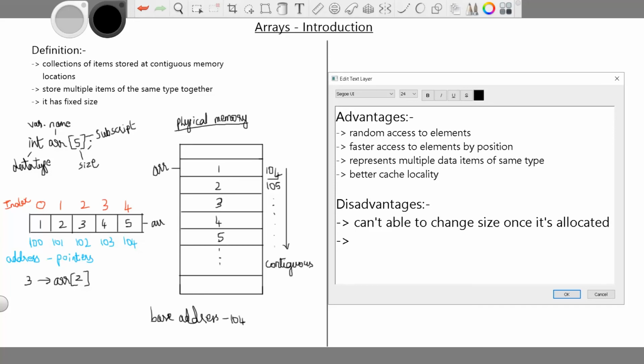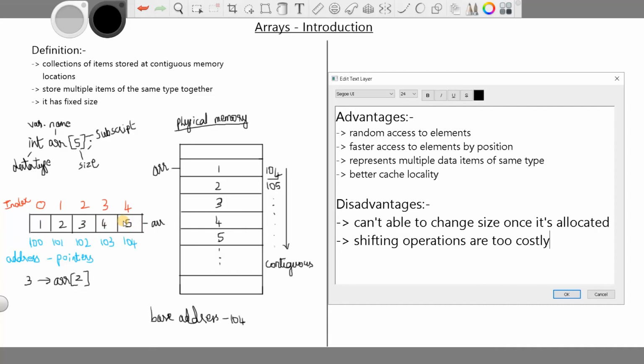And the second one is that shifting operations are too costly. The shifting operation can be considered as inserting, deleting, like that. So let's say in this array, if you want to delete 3, we'll be deleting this element and replacing it with 4, and this element will be replaced by 5.